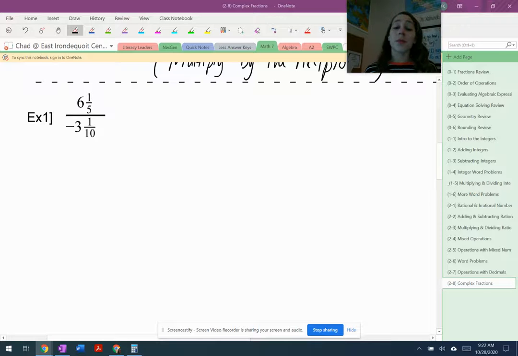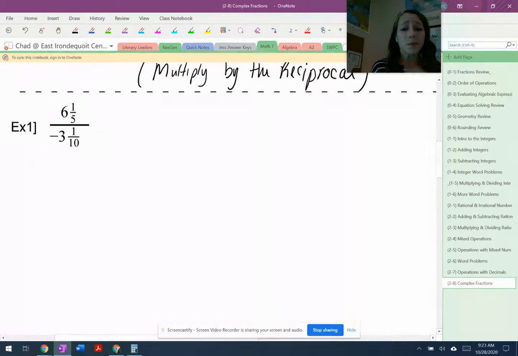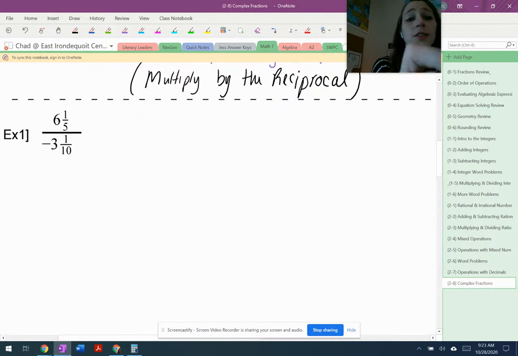So we're looking at example 1 with complex fractions, which you can see we've got a fraction within a fraction. We've got a fraction being divided by another fraction. And in this case, we actually have two mixed numbers that we're dealing with. So you might remember from our previous lesson on mixed numbers, which was 2-5, operations with mixed numbers, that the first thing you need to do here before doing anything, you need to first, let me zoom on in,